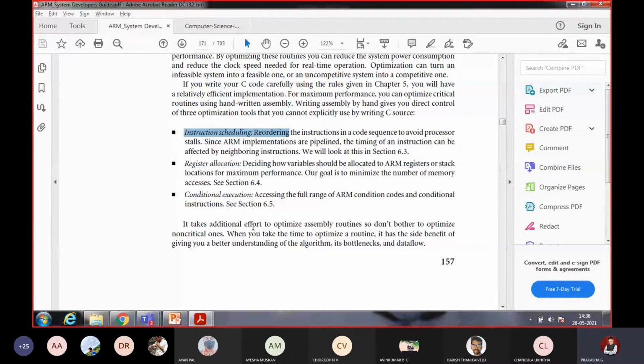Register allocation: deciding how variables should be allocated to ARM registers or stack locations for maximum performance. That is also very important. We have to look into maximum performance. Our goal is to minimize the number of memory accesses. So always going to memory, accessing the data and sending it back to memory should not be done.